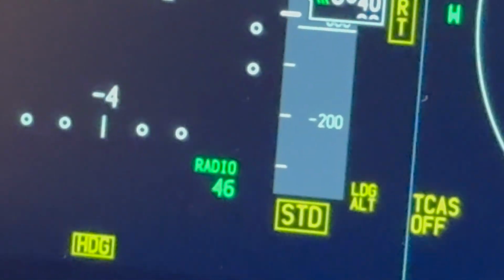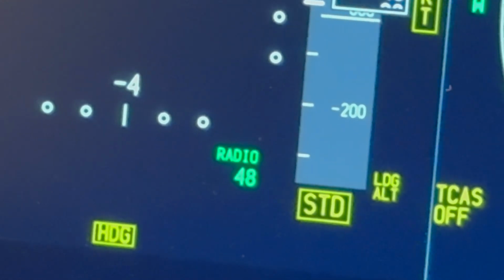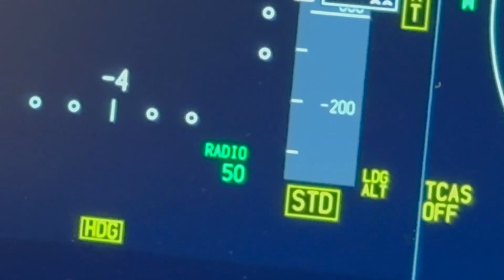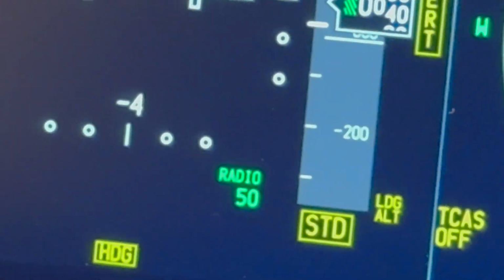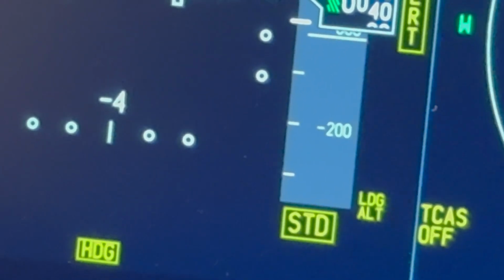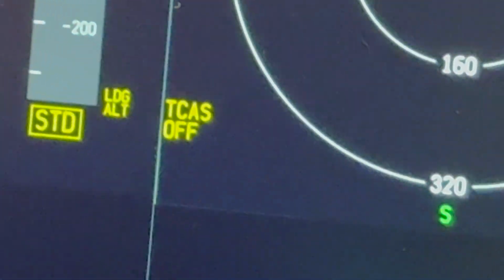So if you have a barometric minimum versus a radio minimum, when I fly category 3 landings, I have to have my radio altimeter set to 50, otherwise it will not do an auto land. You may have to make sure that that's showing and it's turned on. Also, if you want to do barometric minimums, then you will just go here